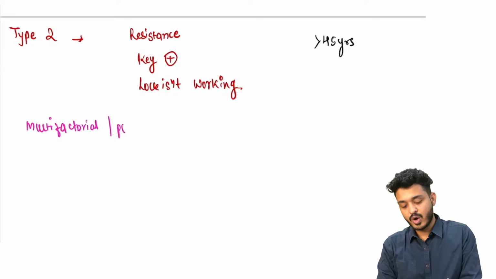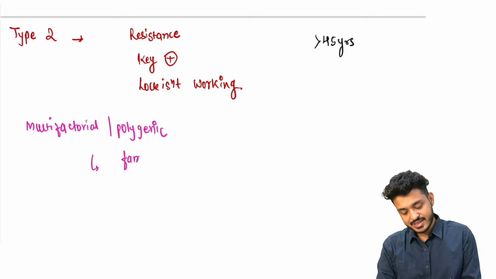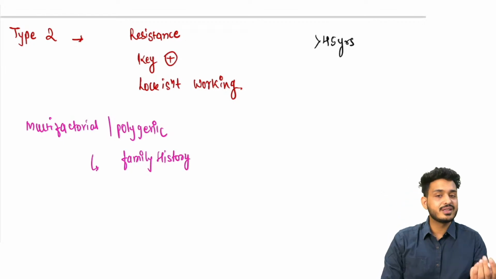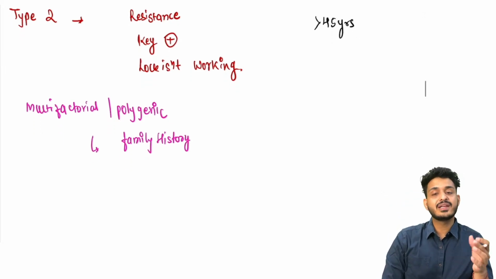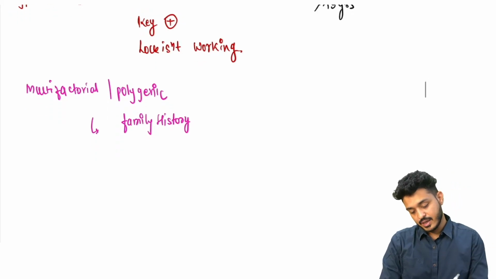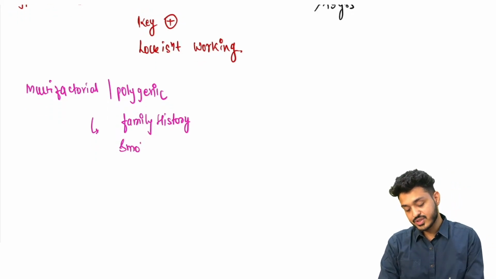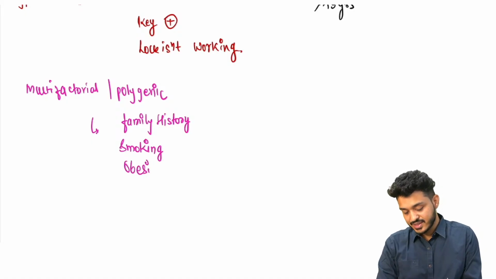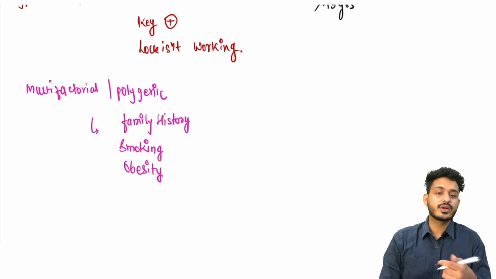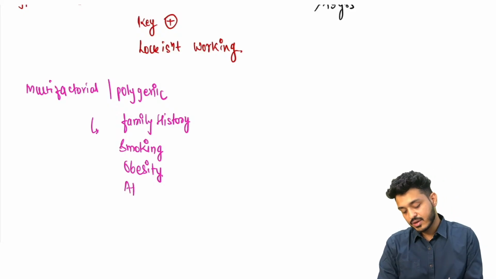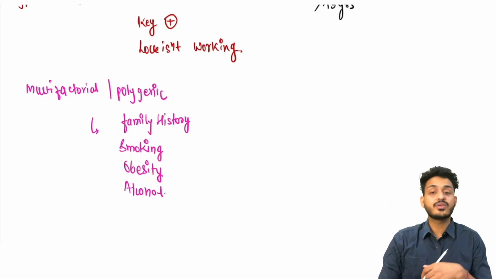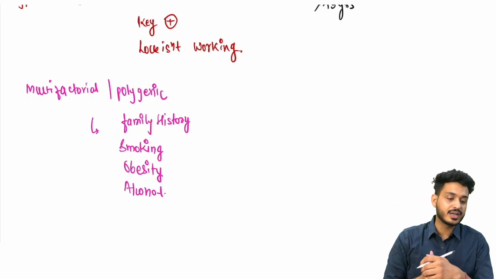Multifactorial, like polygenic, means multiple causes will be there, right? Here you can have a positive family history, like the mother having diabetes or the father having diabetes. There is a chance the family will have diabetes, right? You can have an association with people who are smoking nowadays, and obesity is a risk factor. So it is going to be a multifactorial disease. Some people are drinking alcohol, right? These are the factors which are going to increase the risk of this particular type of diabetes,